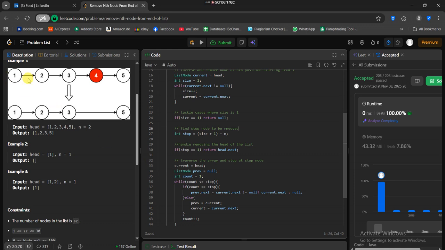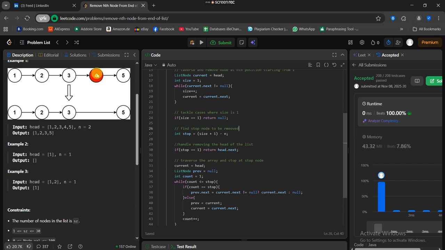Now the count is to count the number of nodes, the number of times we have traversed this list. And so each time we count and it's not equal to the stop node where we are supposed to stop, so each time we are at a node which is not the stop node, we want to set the previous node to the current node, and then we set now the next node basically. That way in the next loop, which is basically current equals current next, which gives us our current node when we are in the current loop. It's a bit tricky for those of you who don't know looping, but I hope this makes sense. So when we do that, we